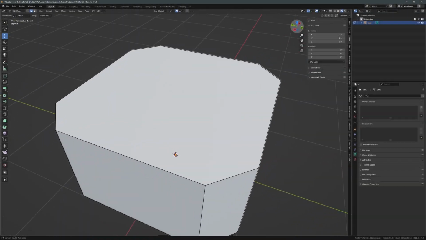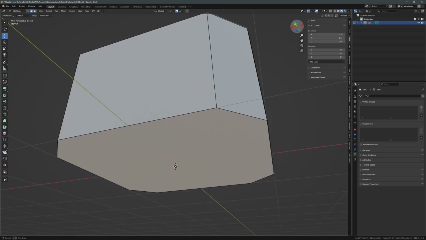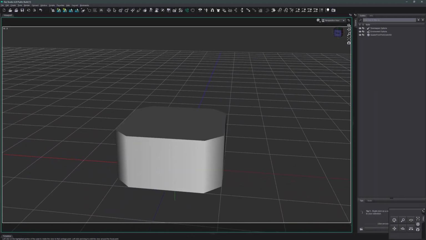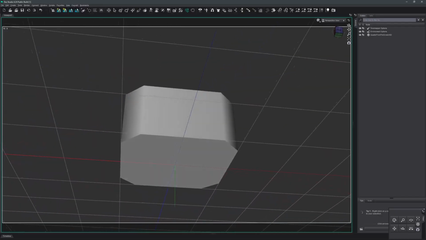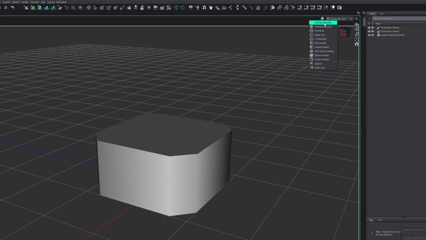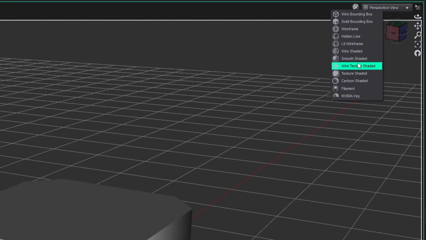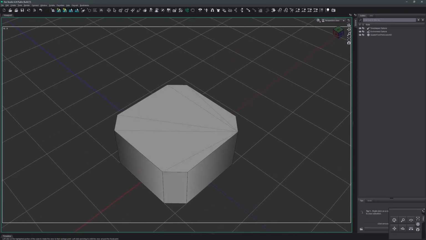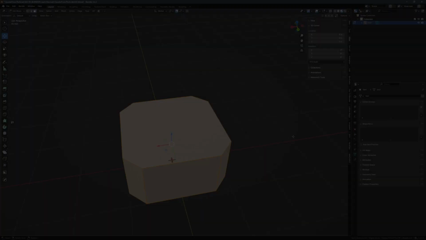So I created a simple beveled test model. The object does render well in Blender's preview, but looks problematic in DAZ Studio. For a short moment I suspected the automatic triangulation. You can see it if I switch to the wire shaded mode. Even though what DAZ imported looks reasonable, I decided to triangulate the faces in Blender explicitly.